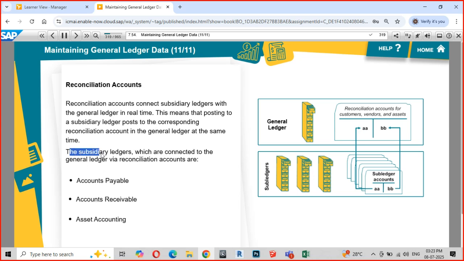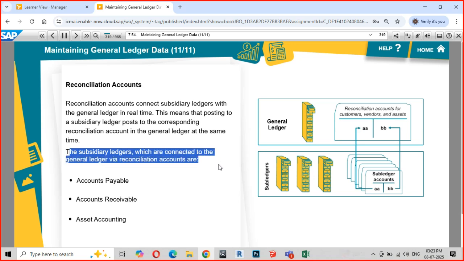The subsidiary ledgers are connected to the general ledger through the reconciliation accounts. Basically, in SAP, you can have reconciliation accounts for your AP, for your vendors, customers, AR, and your assets. So do you think a reconciliation has anything to do with your BRS or something? The meaning is totally different. The word reconciliation here means,